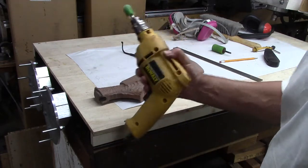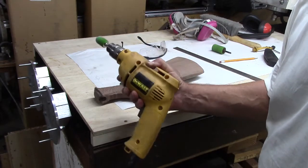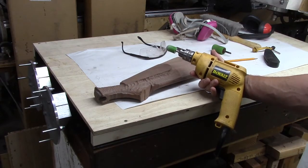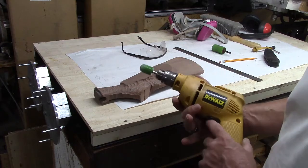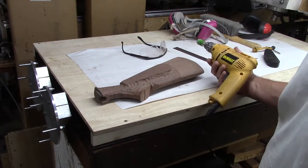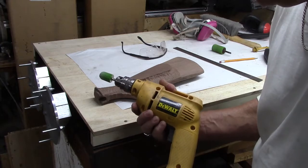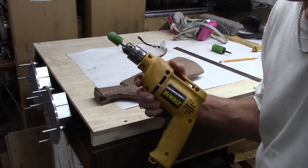I don't know if I can hold this just right, and operate it. I have used a foot pedal. I have a foot pedal, and then you just lock the trigger on full. That works. But anyway, I use a reversible drill, so I can just flip it in the other direction, because